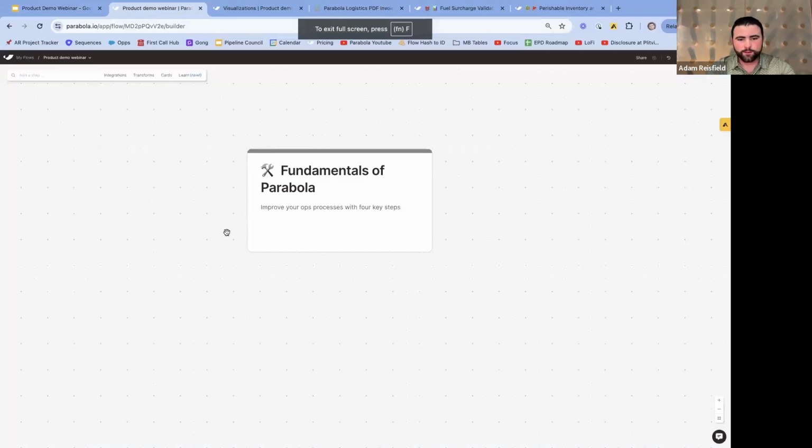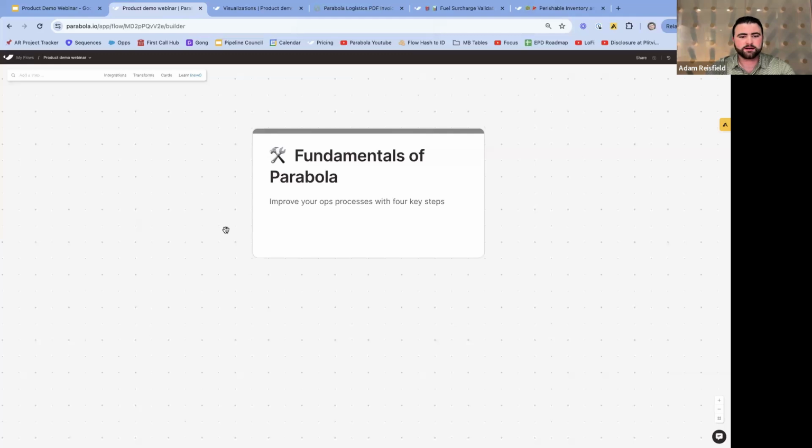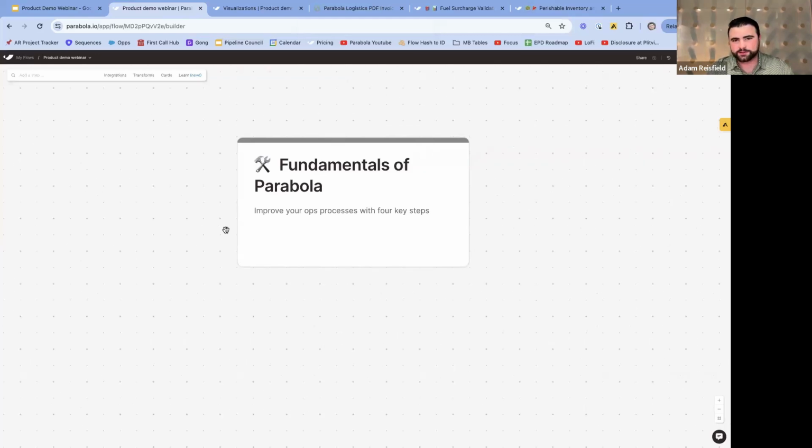All right, cool. So to get started here, let's talk a little bit about the fundamentals of Parabola. At its core, Parabola is the tool where you can combine all of the data running throughout your company and create automated processes. A lot of our customers will think about these as agents that can take these really complex operational tasks. You build it out once, and then it handles it forever for you without you needing to get